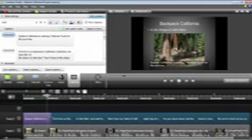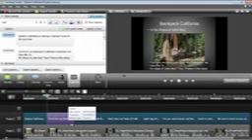Now, we know that the text here needs to be moved back over here, so we'll simply move our mouse cursor in between these first 2 pieces of text, and we'll drag that over until it snaps right to our playhead. Now, we can go ahead and play forward again and see where the next piece of media needs to be synchronized at.